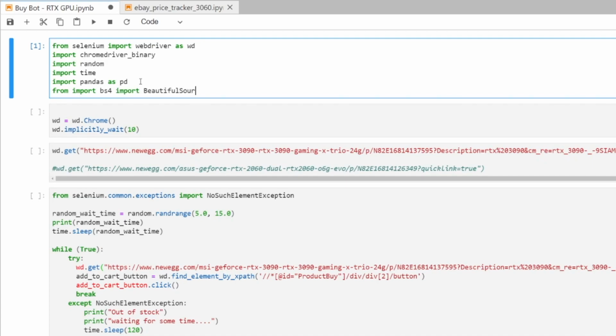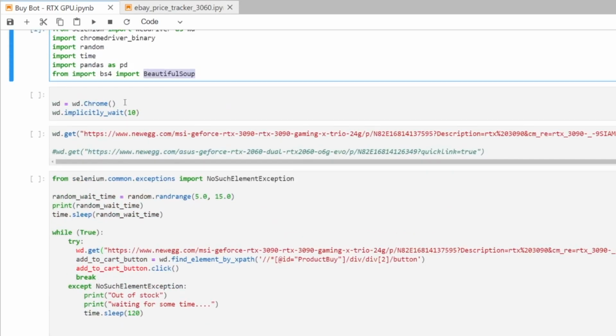So Beautiful Soup and pandas, they are great for, well, pandas is more for manipulating data and visualizing data. Beautiful Soup is great for parsing data, and it's a great complement. It's a library that you normally want to use with Selenium, because Selenium alone, it's good for manipulating the browser and doing things with the browser. But if you really need to parse data and it gets a bit complicated, then you always want to use Beautiful Soup, and that's what we're going to do now.